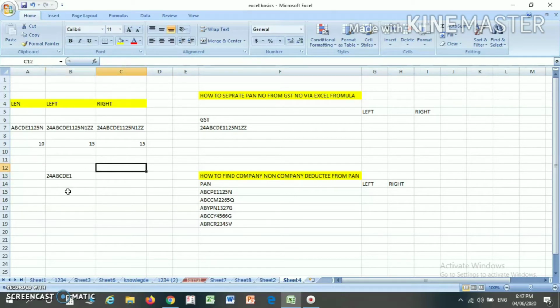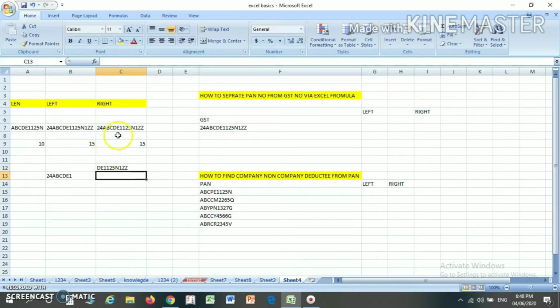Suppose you want to separate some of the data from the right hand side, then you have to use the RIGHT formula: equal to RIGHT, bracket open, select the particular cell, press comma. Suppose I want to separate 10 characters from my particular cell, then I write 10 here, bracket close.